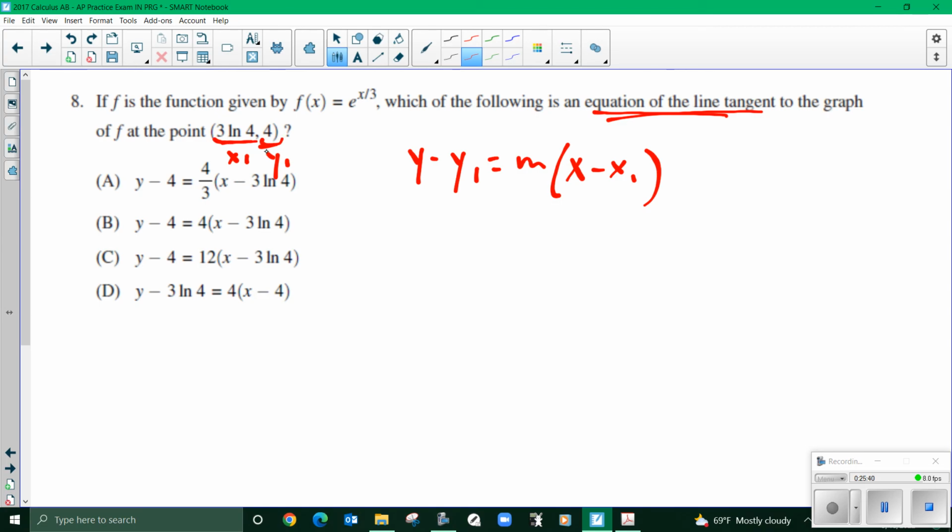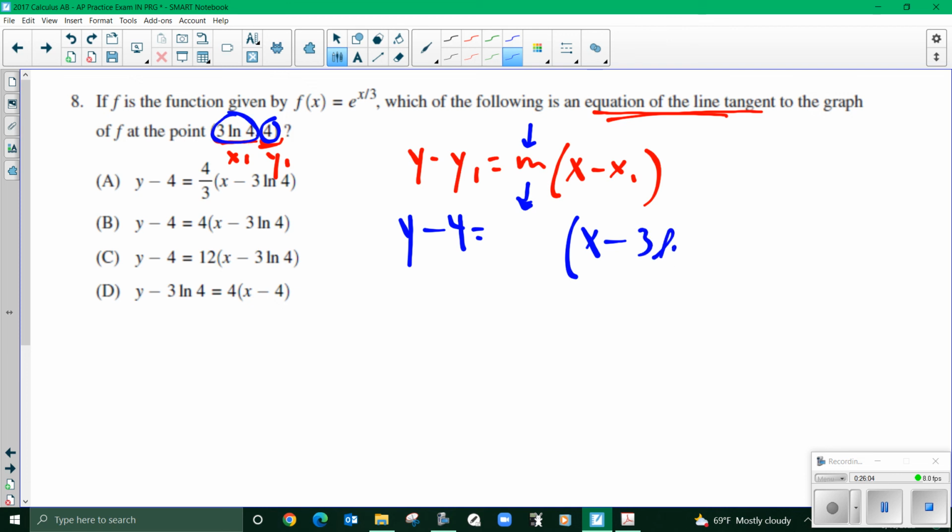So those are the first things we're going to plug in. Anytime we do a problem like this, finding the slope, which is the derivative, is the most work. So I have y minus my y1, which is 4, equals, I don't know my slope yet, or derivative, times x minus my x value,